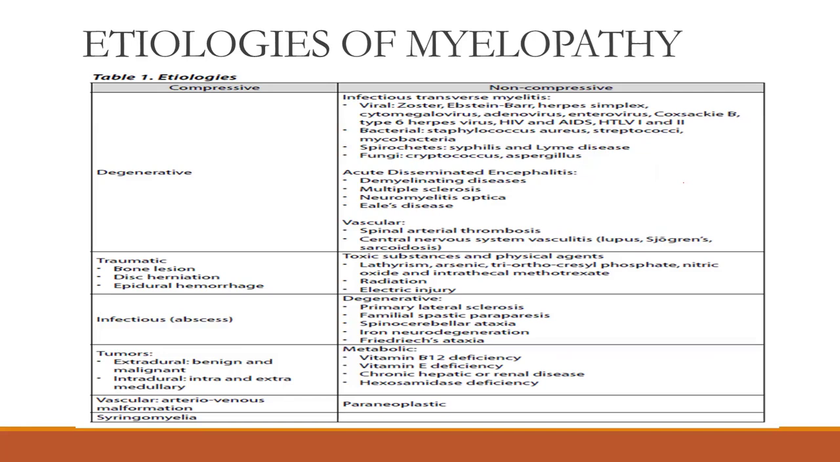We have infectious, we have vascular, we have demyelinating, we have presence of toxic substances and physical agents, we have degenerative, we have metabolic etiologies, and there are paraneoplastic etiologies. So we'll be discussing majorly these things. So coming to infectious, primarily viral, bacterial, and fungal. We'll be concentrating more on the